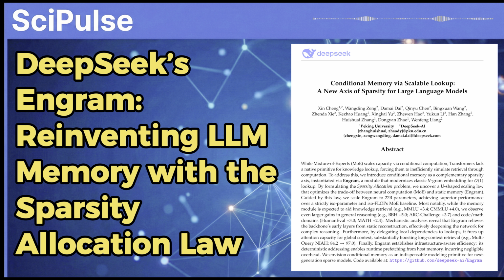So what's the magic here? What makes it so fast? They talk about modernizing Engram embedding, but the real breakthrough seems to be this constant time lookup. That's the holy grail of efficiency right there. O(1) lookup. And just to stress how big a deal this is, with most retrieval methods, the bigger your knowledge base gets, the slower the search becomes. Maybe it's logarithmic, maybe it's linear. Right, it takes longer to find a book in a bigger library. But O(1) means the time is constant. It doesn't matter if you have 10,000 facts or 10 billion. The lookup is instant. That is just a staggering improvement.